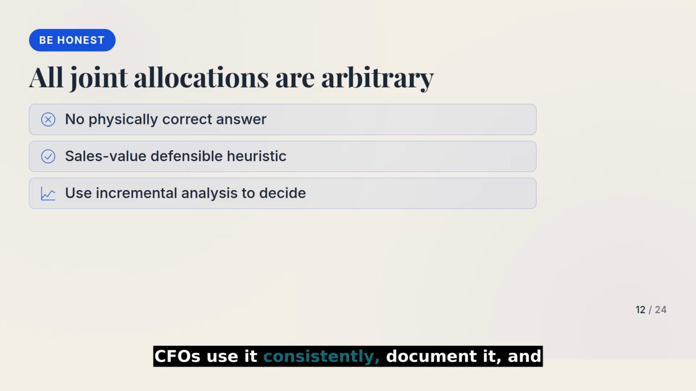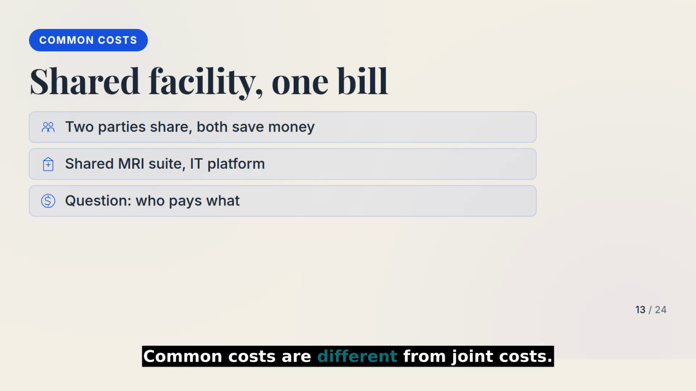CFOs use it consistently, document it, and move on. Decisions about whether to process further or sell at split-off use incremental analysis, not allocations. Common costs are different from joint costs. A common cost arises when two or more parties share a facility, activity, or contract, because sharing costs less than